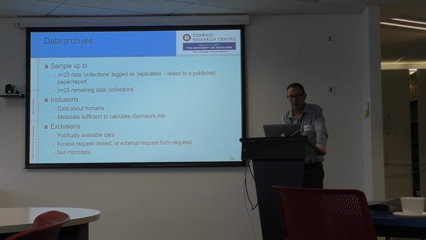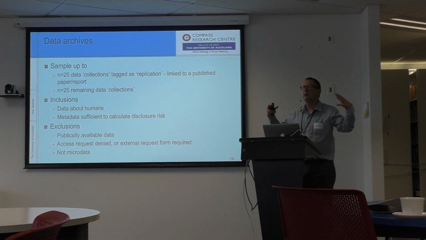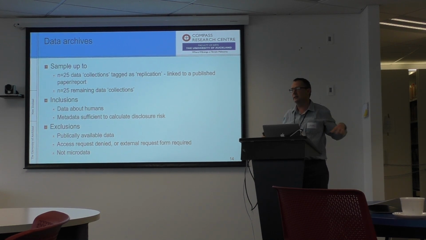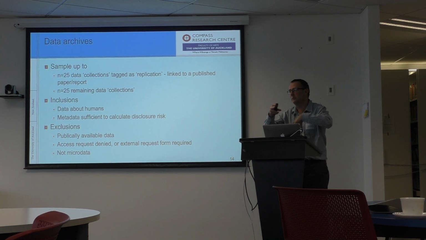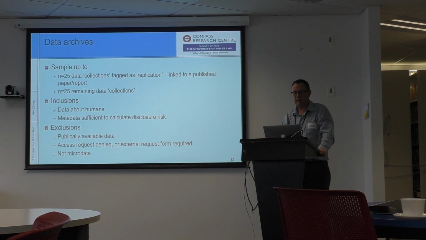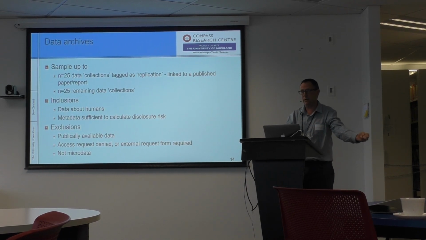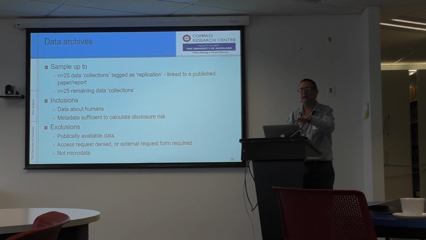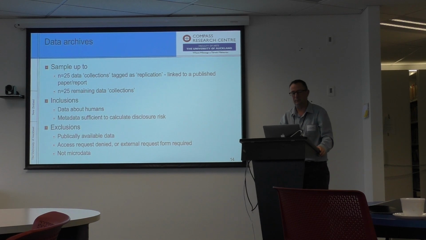And what we wanted to do is sample up to 25 data collections. A data collection could be one data set or could be several data sets, but it's all tagged with the same name, if that makes sense. But we wanted to go down to the data set level. The first 25 data collections were tagged as replication, which means it's actually linked to a paper. That was a proxy for us for whether a journal had asked for this data set to be put there. But anyway, we know that this data set is attached to this particular paper over there, and 25 of